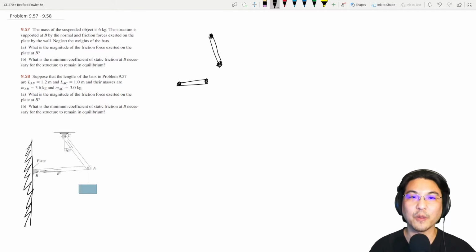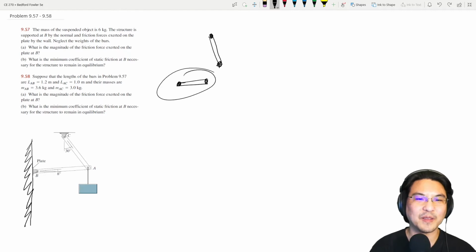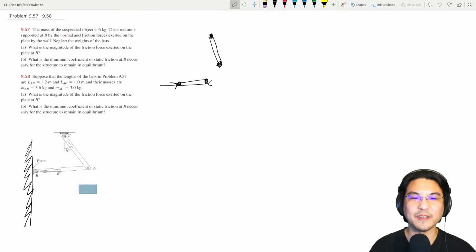So they are both two-force members, which means each one is either in tension or in compression. Those are the only possibilities. Because they're only axial forces, we could, if we want, just use the method of joints. So, say at joint A,